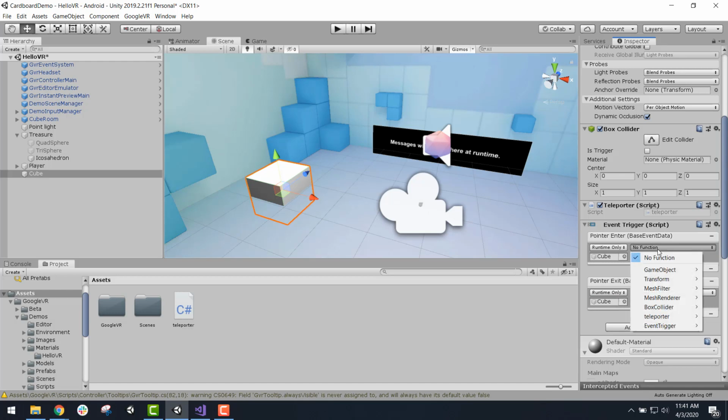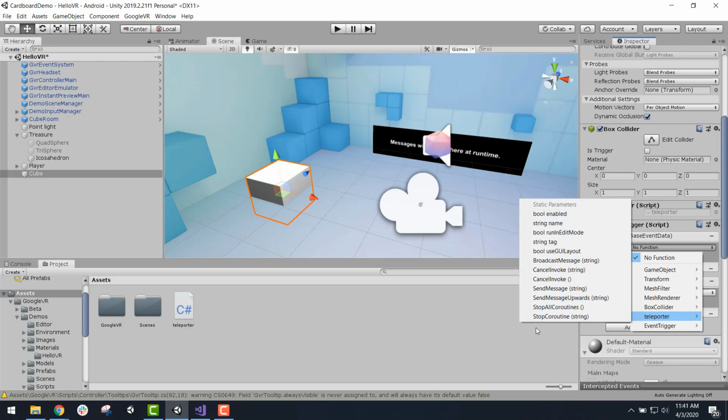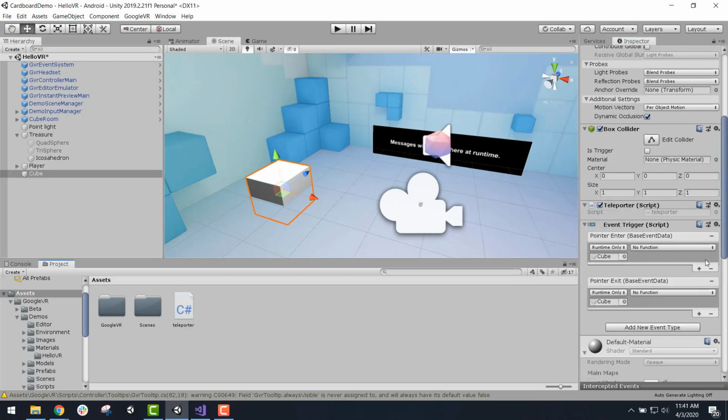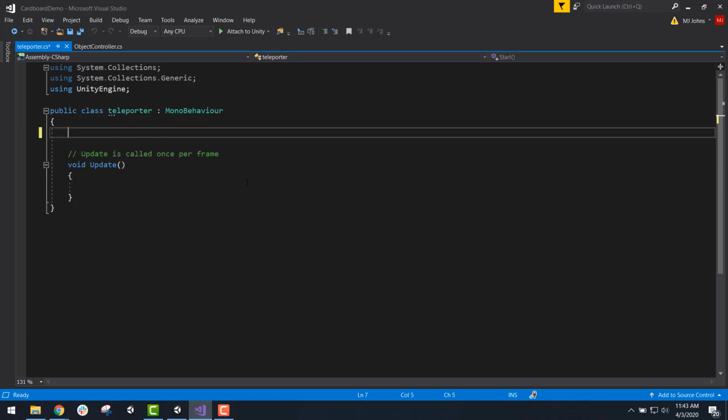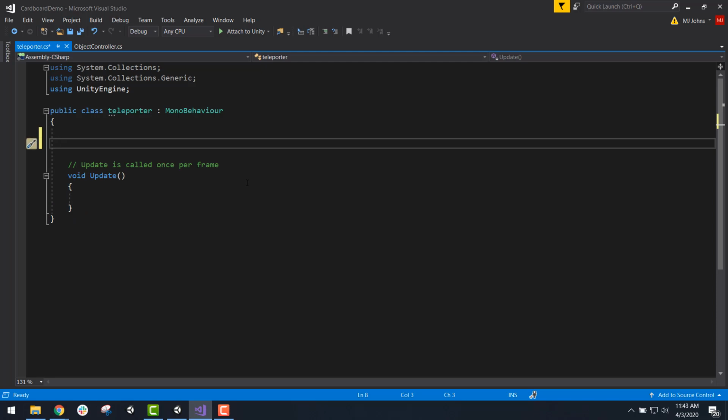Then from the no function dropdown, I'm going to be using my teleporter script, but I have not made a function yet. These are all the default functions that come with a new C# script. I'm not using any of these. I'm going to make my own. So I'm not going to put anything in here just yet. So I'm going to open up this teleporter script that I made, and I'm going to remove the start function. I'm not going to do anything on start. And instead, I'm going to make a new